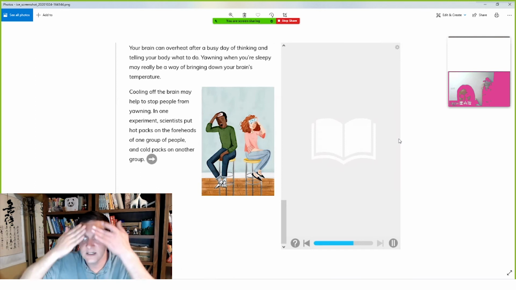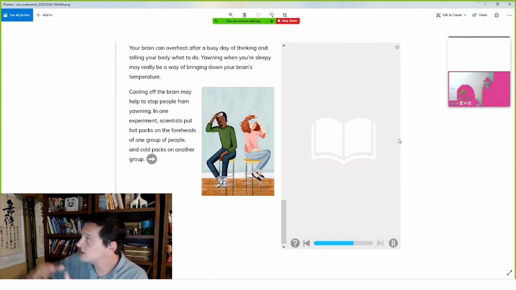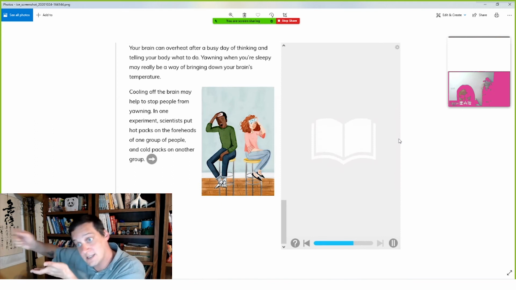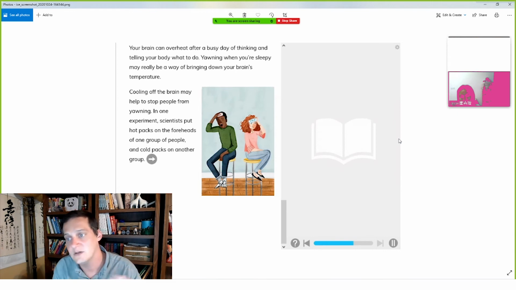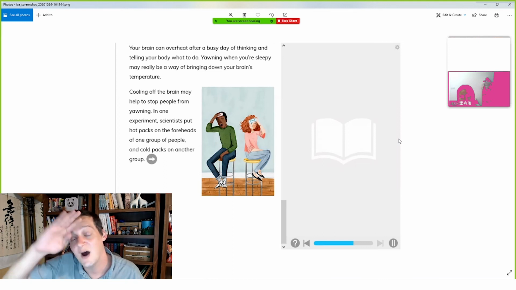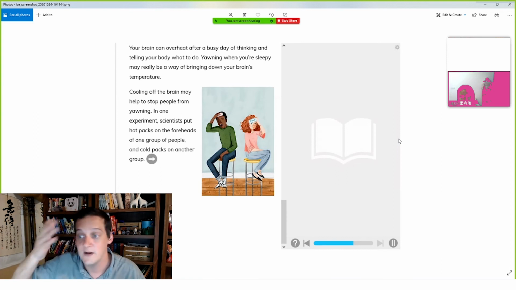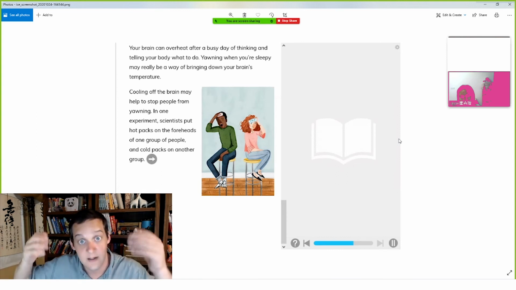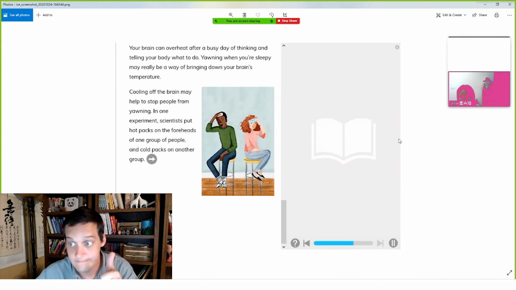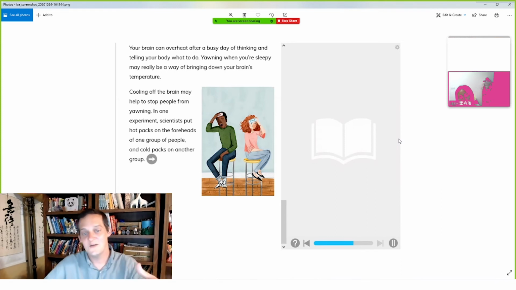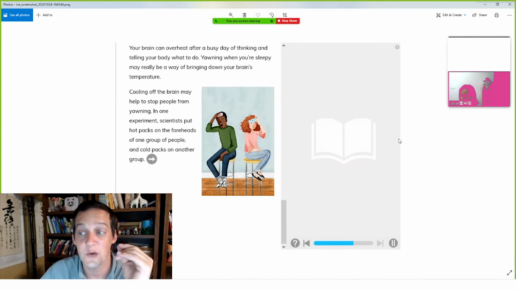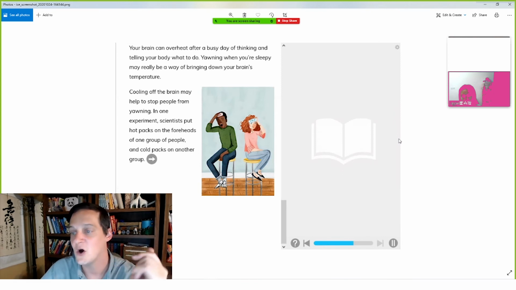So they gave hot packs to one group of people, and to another group of people, they gave them cold packs. Cold pack for you, cold pack for you. China has these because we use them. I used them while I was visiting. They're usually used if you get a fever or if you get too hot. They'll put the cold pack on there to help protect the brain, because it cools down the brain. In this case, they're not putting it on sick people. They're just trying to make the brain cooler to see if those people will yawn less.